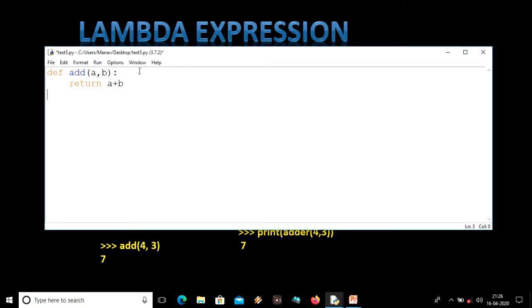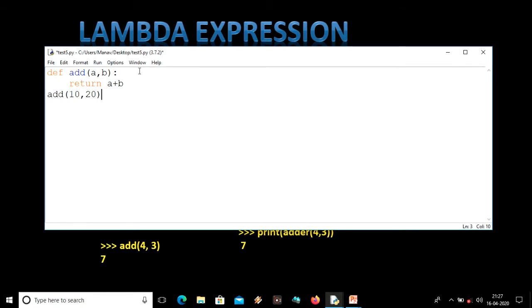Now we'll have to call our function. So we'll call add, and in the parenthesis we will pass values of a and b. So let me pass here 10 and 20.